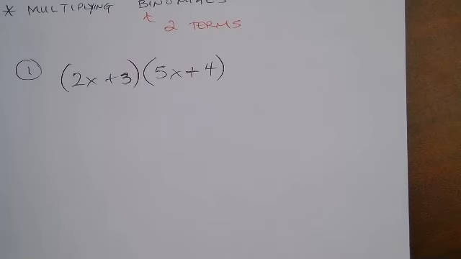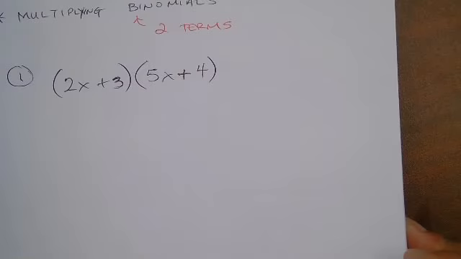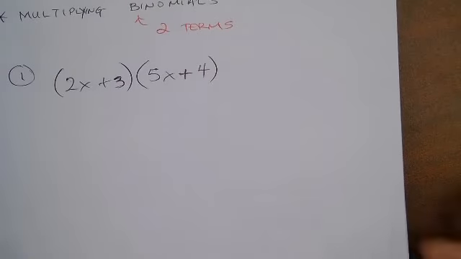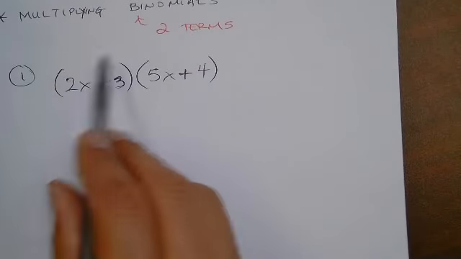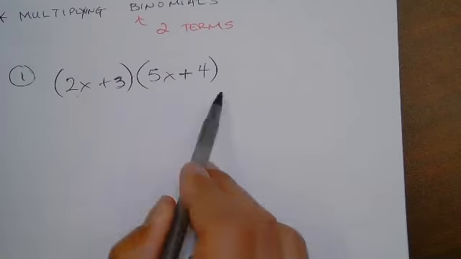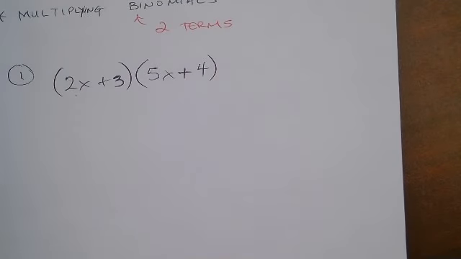Because there's another way to do it where you kind of distribute. This one gets multiplied to both of these, and this one gets multiplied to both of these. But I don't want you to use that method. I want you to use